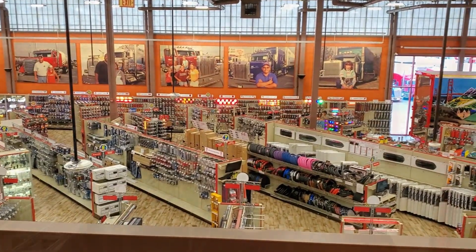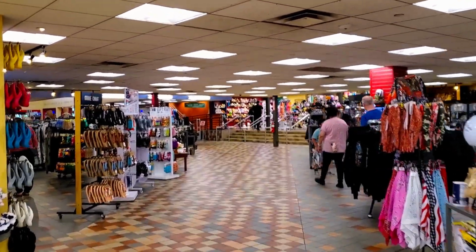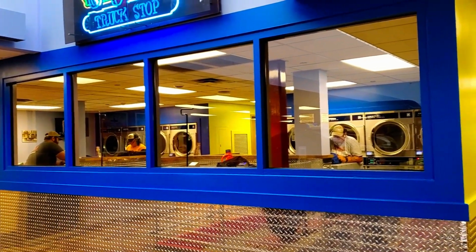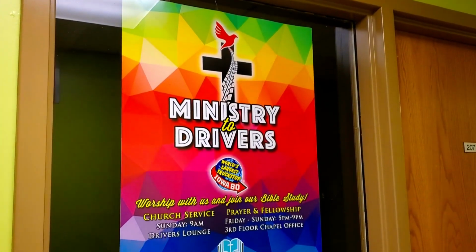This truck stop is really cool. There's 3 floors, and on the first floor you have the gift shop where you can buy shirts and stickers and mugs and everything. They also have the food court and like 5 different restaurants, and then you go down a little bit to the buffet, and then you go up a level where they have showers and the laundry, the dentist, the chiropractor, they have a little ministry and a church. And then if you go down a level, that's where they have a huge truck stop and you can get everything. Horns, lights,